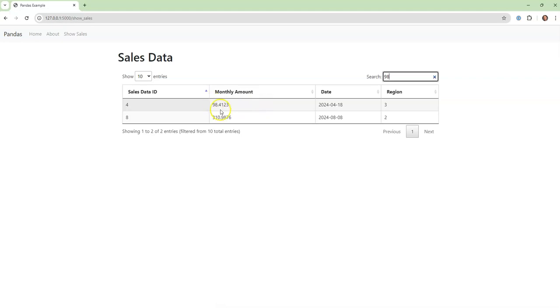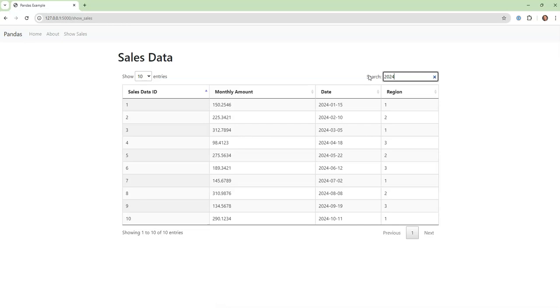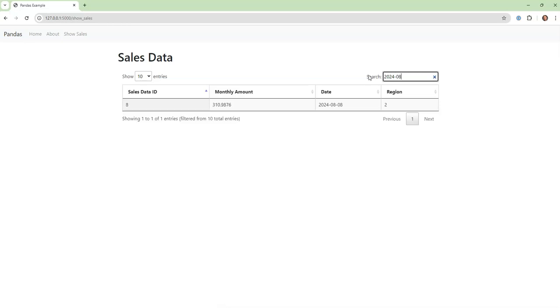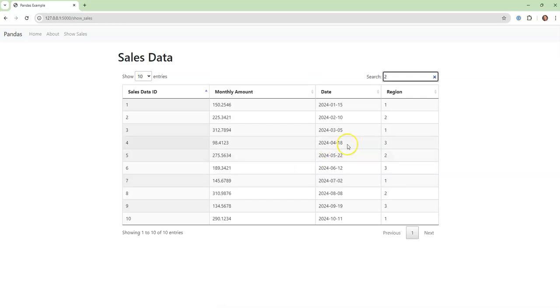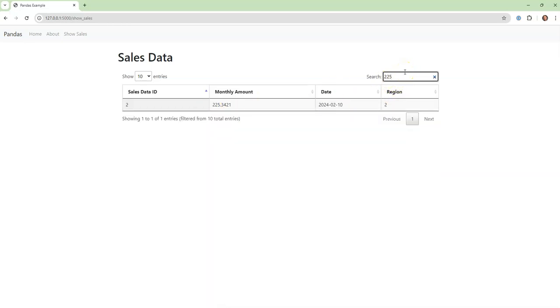Well, notice there's a 98 here and a 98 here. We could also just say give me anything with a 2024-08, and it will just grab it. So it actually is doing a search off every one of the fields. Give me anything with a 2 in it. Well, they all have 2s in it. Give me anything with a 225. It's just that one. Okay, so this is a really cool little jQuery, add a little bit of cool functionality